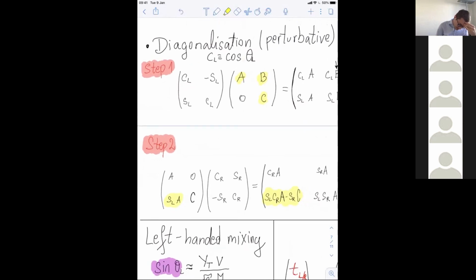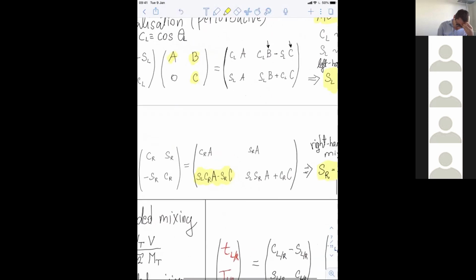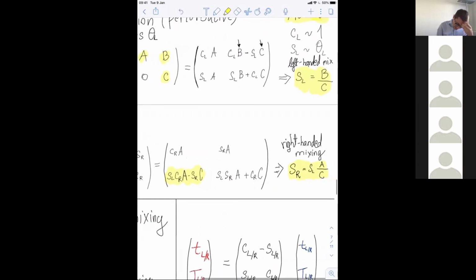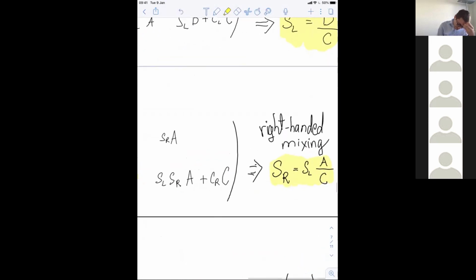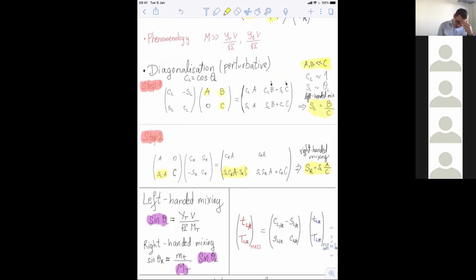But we are in a similar situation. Now we have, so these are triangular form matrices. So now we have to do the right-handed rotation. And this is what we get. And then we can get the right-handed mixing angle. Of course, this is only perturbative diagonalization. You can keep on going to get finer corrections to this. Anyways,